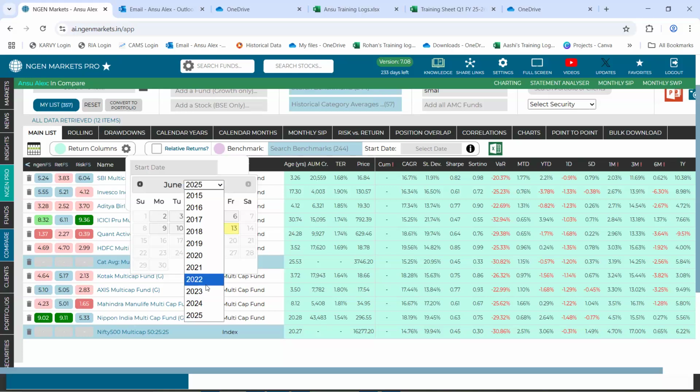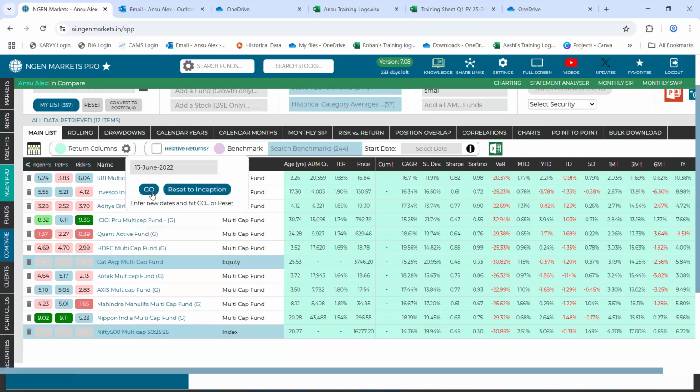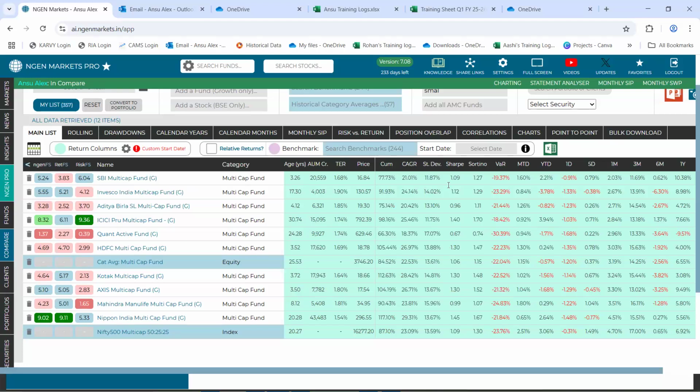So let's say I wish to analyze this for a 3-year time period. So I would be taking in 13th June 2022 and I'll click on go. Now, this data is respective to the 3-year time period that we are looking at.